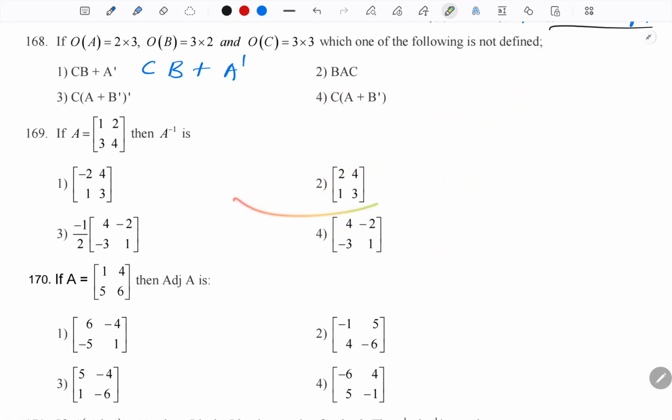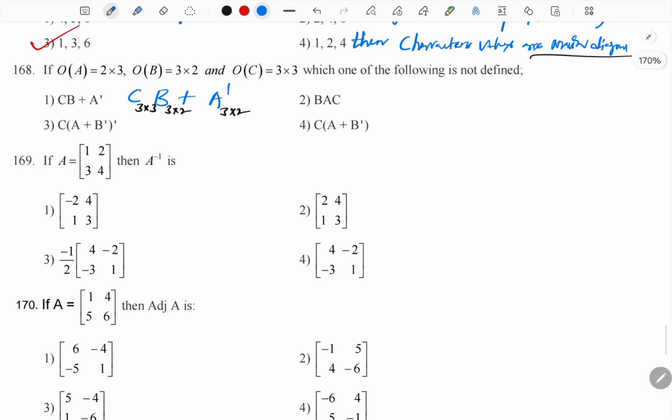1 and 4. Now C B plus, what is the order of C B here? C is 3 by 3, B order is 3 by 2, so it's 3 by 2. And A transpose is the transpose of A, it's 3 by 2. Now tell me, is it possible? Yes, these two are the same, 3 by 2, so adding is possible. Next option,